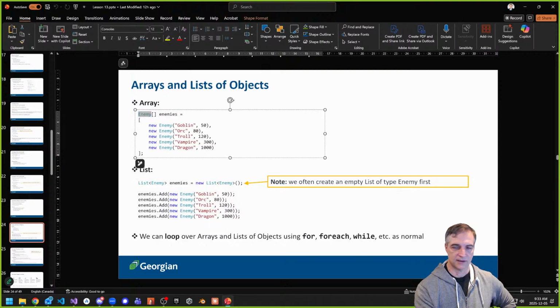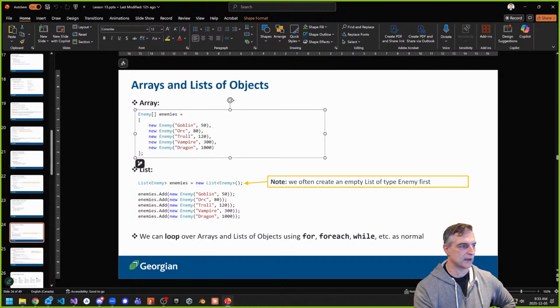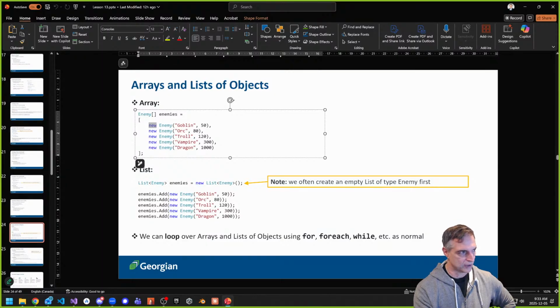Here's our new class, enemy array, and we've seen this collection expression before. Basically we can use the new keyword without a variable to create instances of the same class. So these are different objects. Goblin, orc, troll, vampire, and dragon are 5 different objects using the same class as a blueprint. Okay, that's what they do.